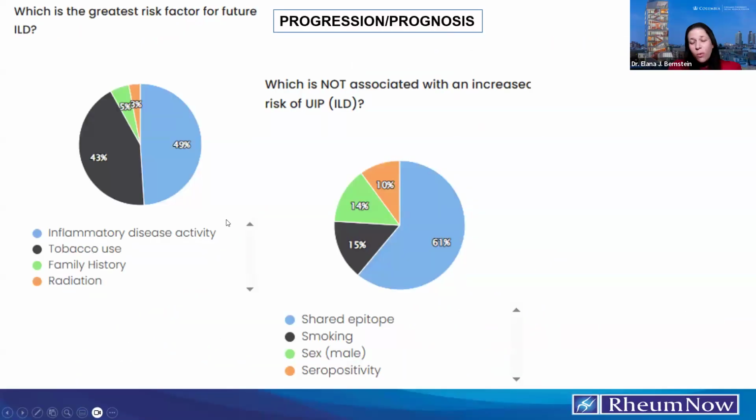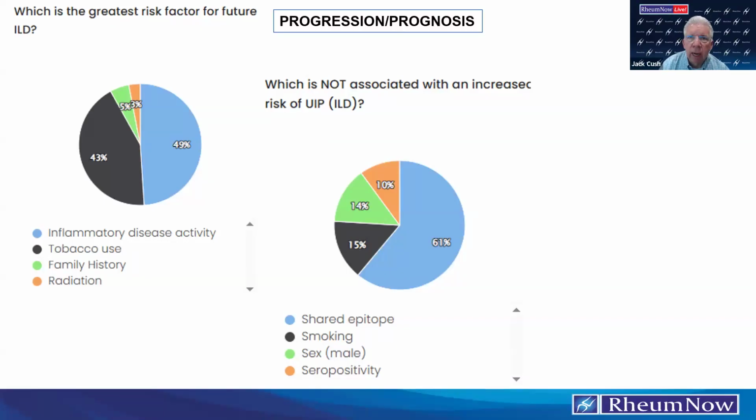Can I just add one thing about the IPAF story? We did find in our cohort that people with IPAF, and this is not shocking to anyone, when comparing people with IPAF to other forms of unclassifiable ILD, those with unclassifiable ILD and IPAF had a greater risk of actually progressing to a definite diagnosis of SARD compared to those without IPAF. Again, not shocking, but another reason why these positive ANAs in the setting of ILD should be taken seriously and evaluated. All right, let's go through the next three questions kind of quick.